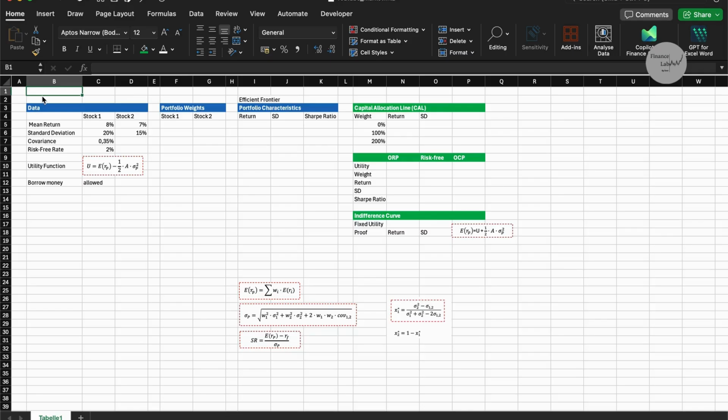The Markowitz optimization using two stocks, and how you can plot the efficient frontier, the capital allocation line, and the indifference curve of a portfolio using Microsoft Excel. We have some input data, we have stock 1 and stock 2, and a mean return of 8% and 7%. We also have the standard deviation, a covariance, and a risk-free rate. Here we have the utility function that is used, with A as the parameter for the level of risk aversion